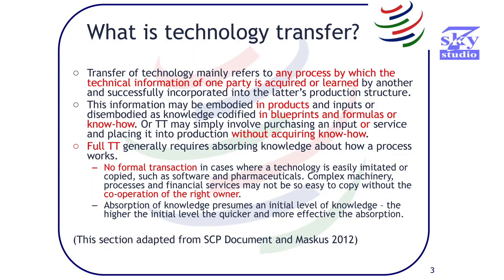So very interesting here, what kind of role IP rights play when technology transfer can take place in this very informal way. And then here you only have an initial level of knowledge that's required, and the higher the initial level of knowledge, obviously, the quicker you can learn how to imitate or copy or reproduce the invention. And this will be relevant to the figures I'm going to show you later, because what you want to know is actually what's the level of initial knowledge that you can expect in Russia and what does this depend on.